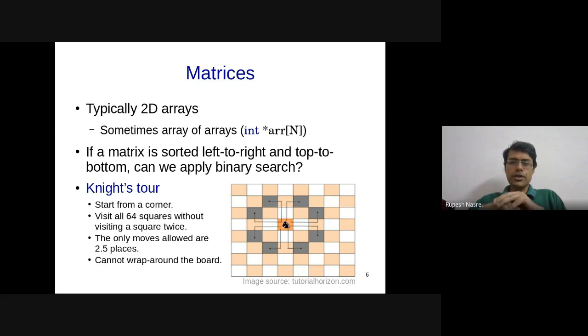I recommend that you take out your chessboard, which you may not have played with in a while now, and try this out. Or if you do not have one, just try it on a piece of paper. You just mark those squares as white and gray or something, and try it out. As long as you know this 2.5 move, you should be able to try this out, and you will face issues.